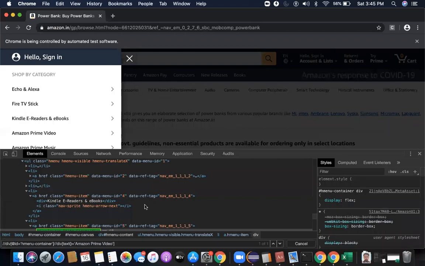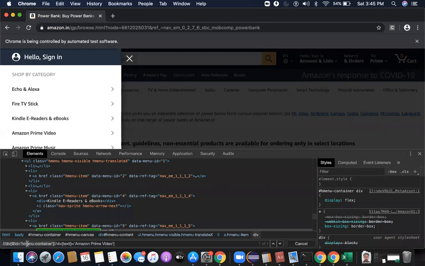Right. So this is what I was trying to talk about. The div here represents the parent. Double slash here represents find it anywhere. So this is giving me find it anywhere. That means it found a div whose ID is hmenu-container. And then this double slash here represents find anywhere inside this.